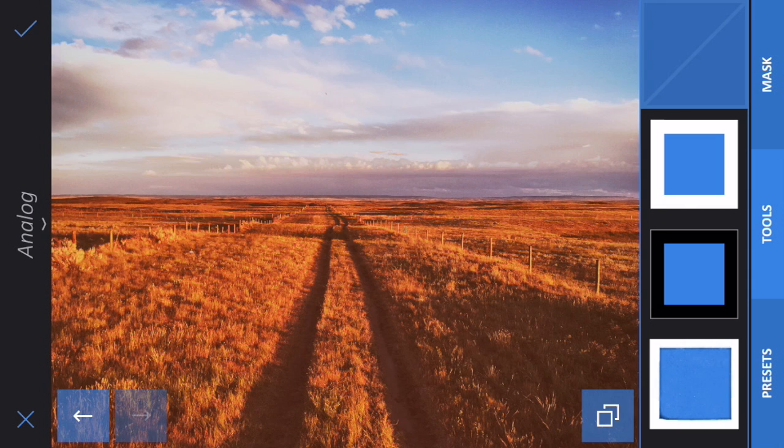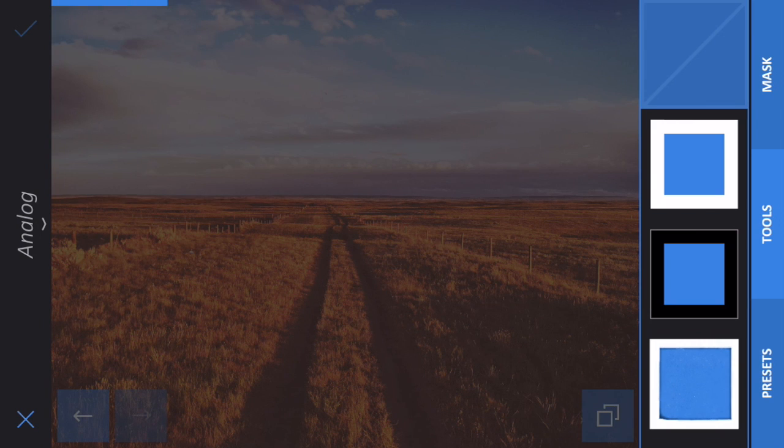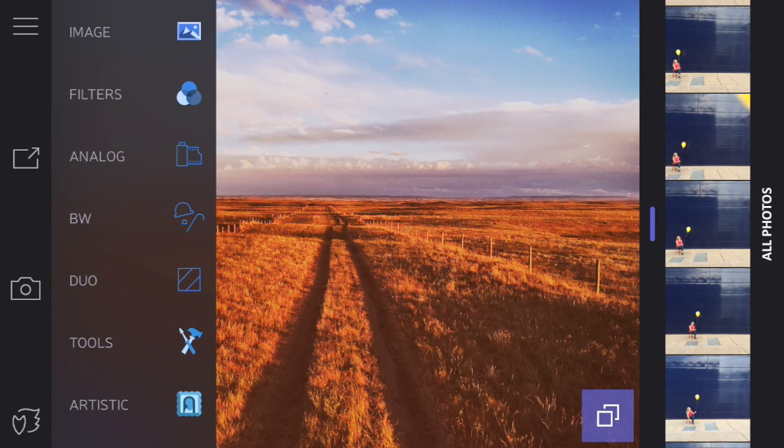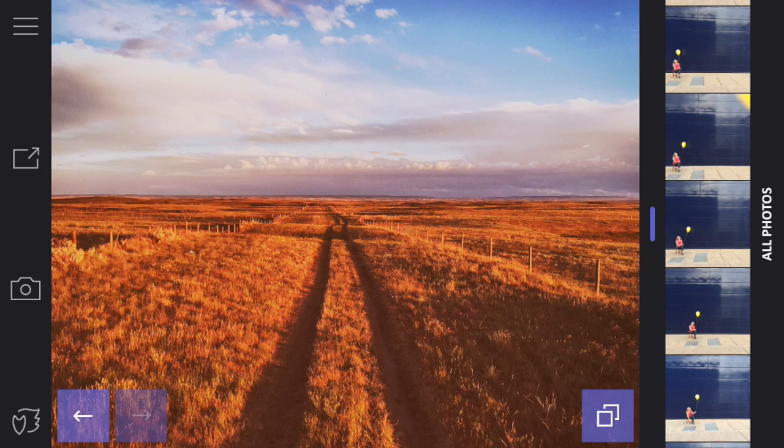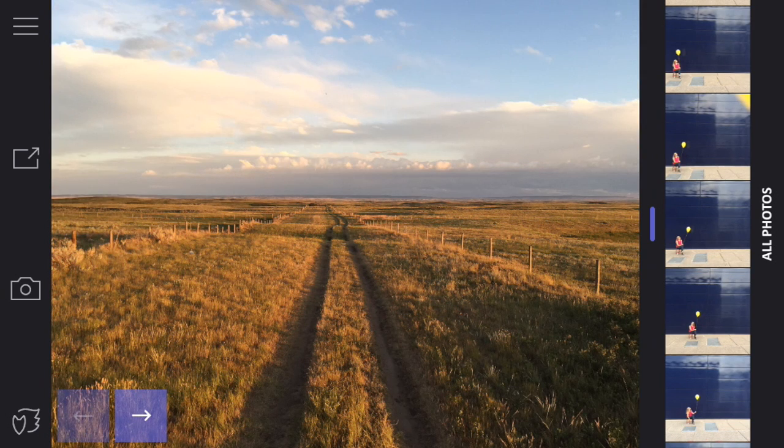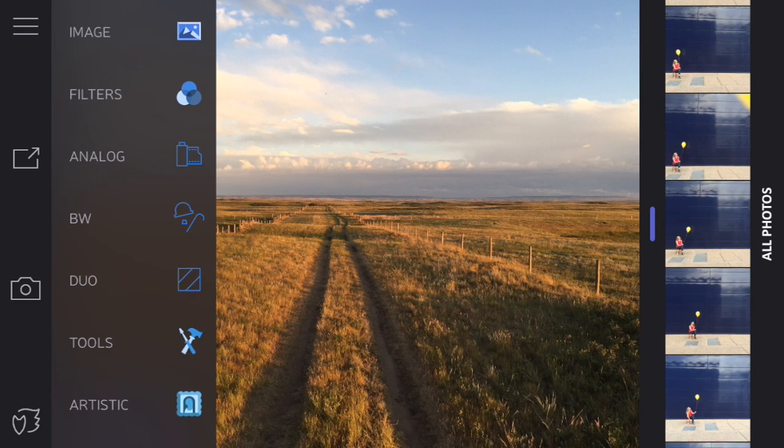So there's my before and after. I'm going to go ahead and hit the check mark and accept that, and you can see how we've used the analog filters in Enlight to make this photo better. I'm going to go ahead and reset that now, and next let's talk about the black and white options in